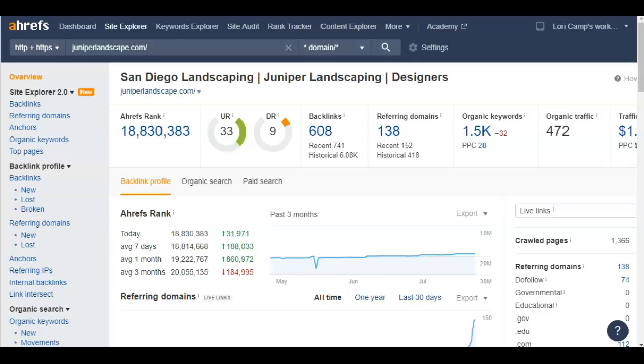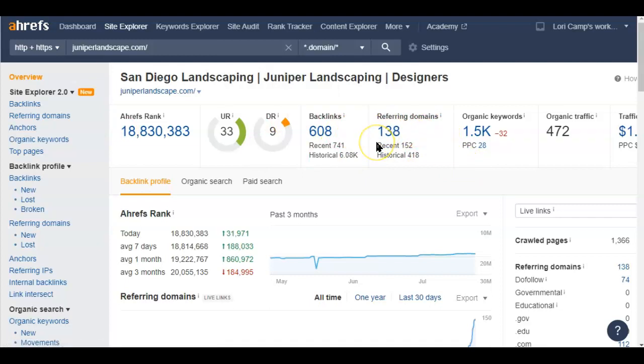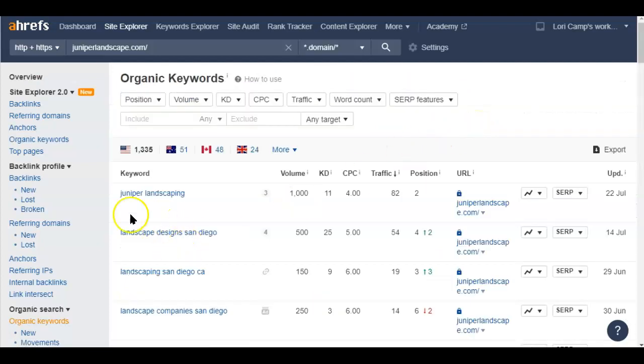And then if I throw them in the Ahrefs, wow, look at those numbers. You've got a lot more referring domains, a lot more backlinks, and their UR and DR scores are much higher than yours. And then organic keywords, look at that, 1.5 thousand keywords. So they're definitely getting seen for a lot more, right? How? Why? So we go in here and we take a look. Juniper Landscaping. I don't know what's going on with that. There's a lot of people searching for that. Maybe they're a larger company than